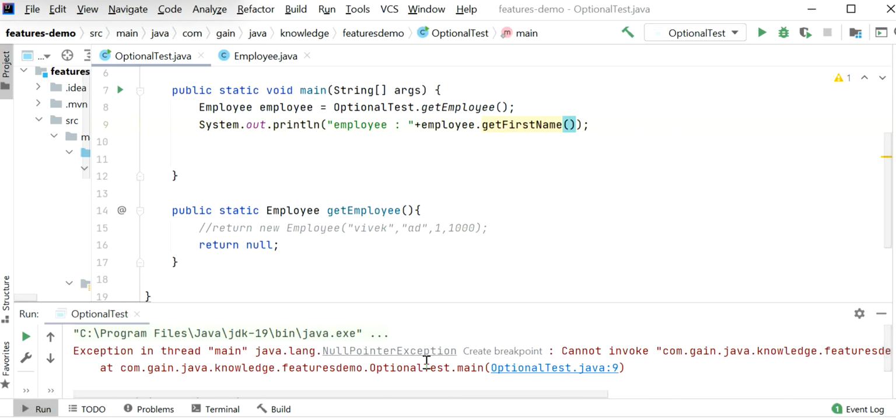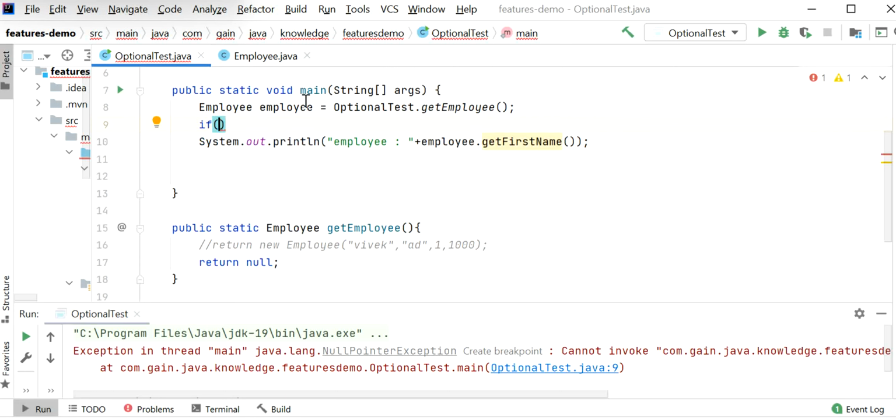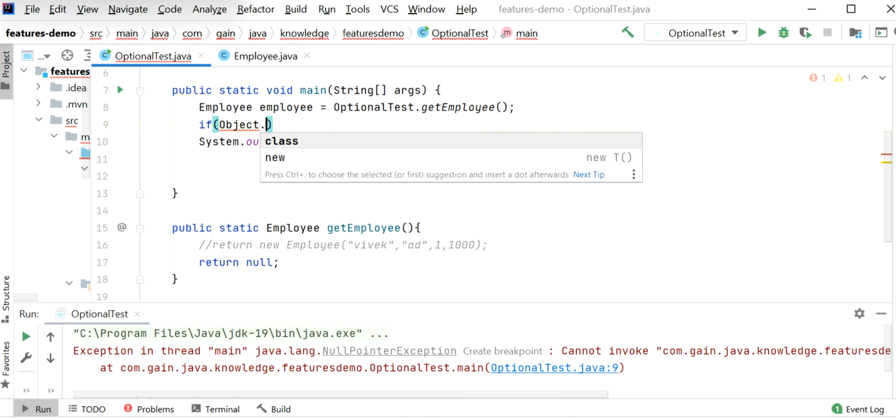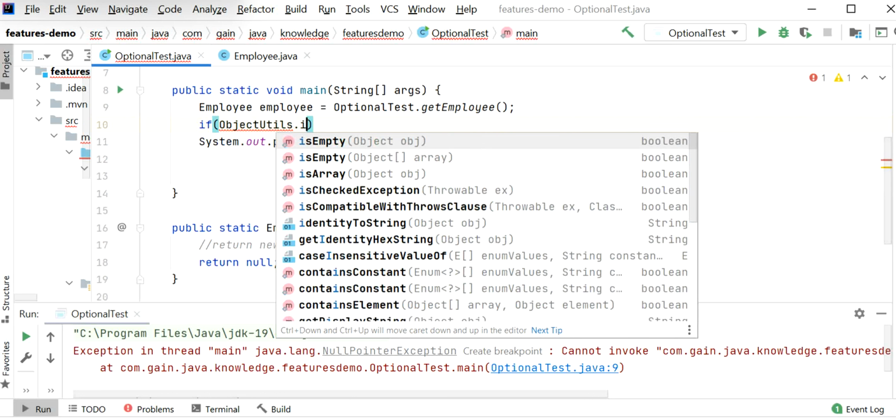What can we do to avoid this type of NullPointerException? We need to add a null check. First I will check whether the object is null or not. Only if it is not null will I call any function on the object. Here I will use ObjectUtils.isEmpty.